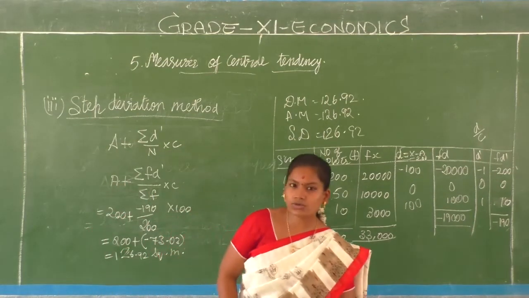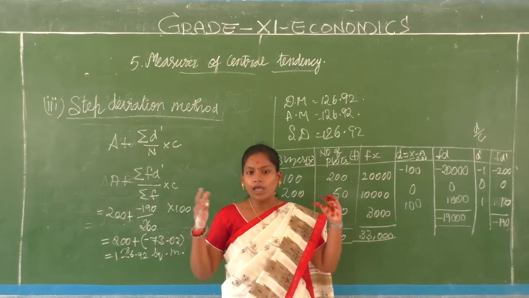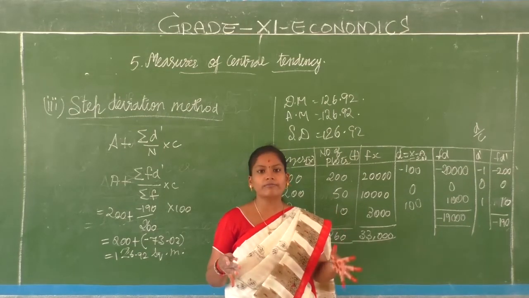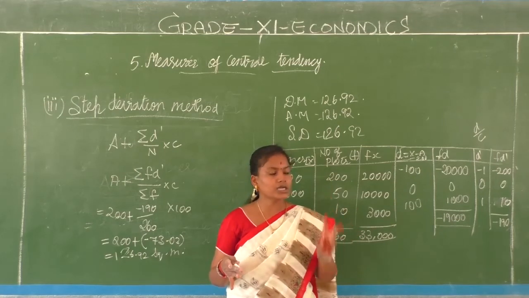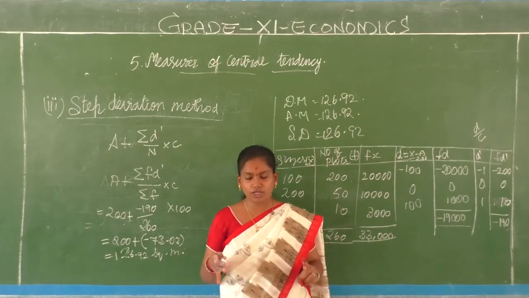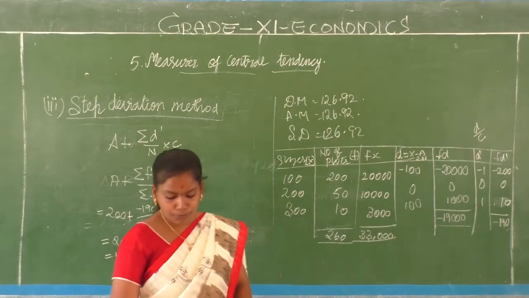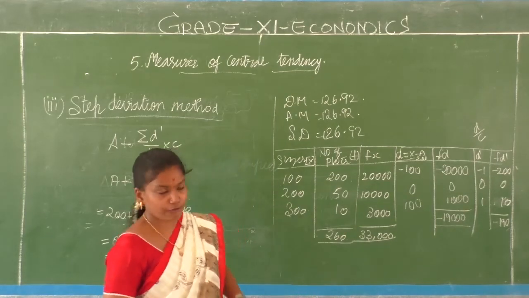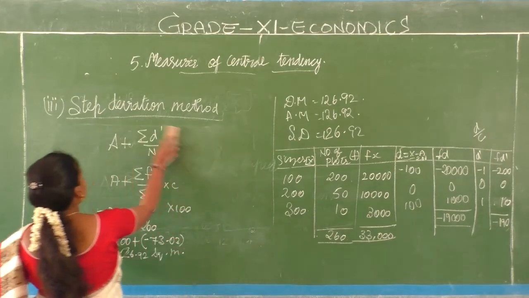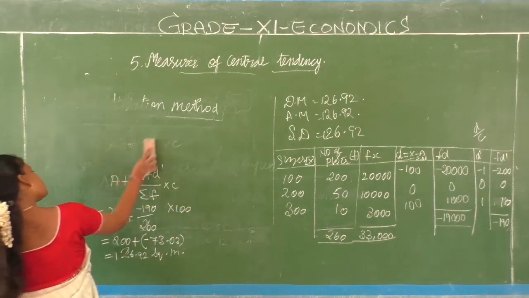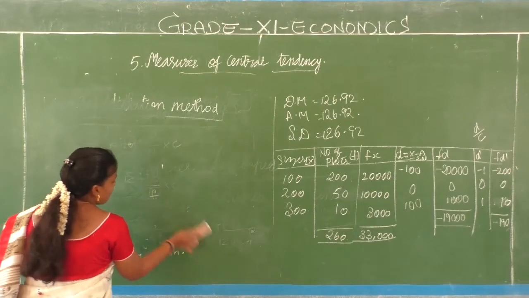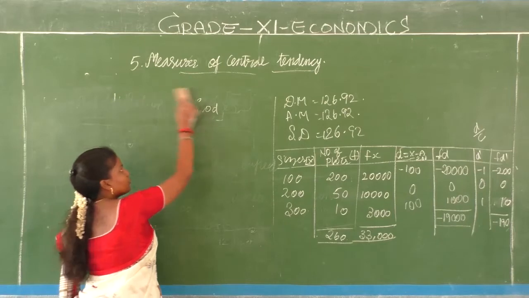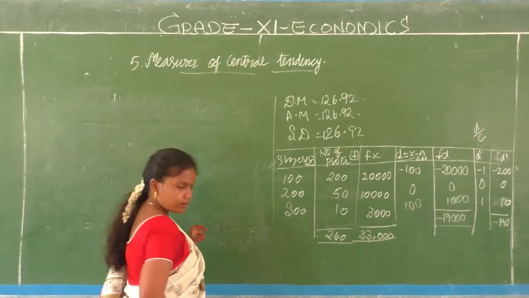Right, children? So, for the grouped data, and in that discrete series we have discussed so far, we have discussed about three methods: the direct method, the assume mean method, and the step deviation method. We are now going to proceed with the next kind of variable, which is going to be the continuous series. So far we have spoken entirely about the discrete series. Now we are going to move on to the